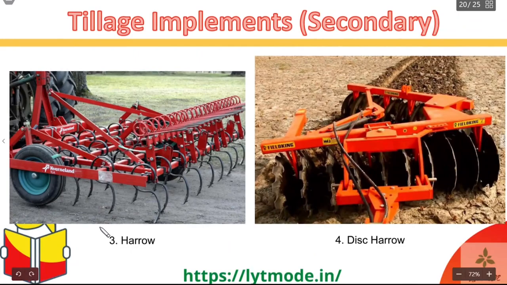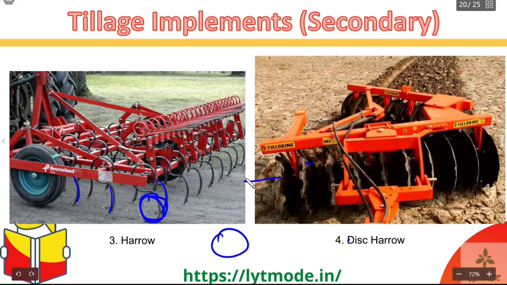Then there is a harrow. Harrow is basically having these spikes. And then there is the disc harrow. Now the disc harrow, instead of these spikes, it has discs over here, and then these discs can be in this kind of a shape, or they can also be in a totally round shape. This shape can be seen over here, and then this is not the only shape which is possible. Totally round discs are also possible. But I hope you remember that